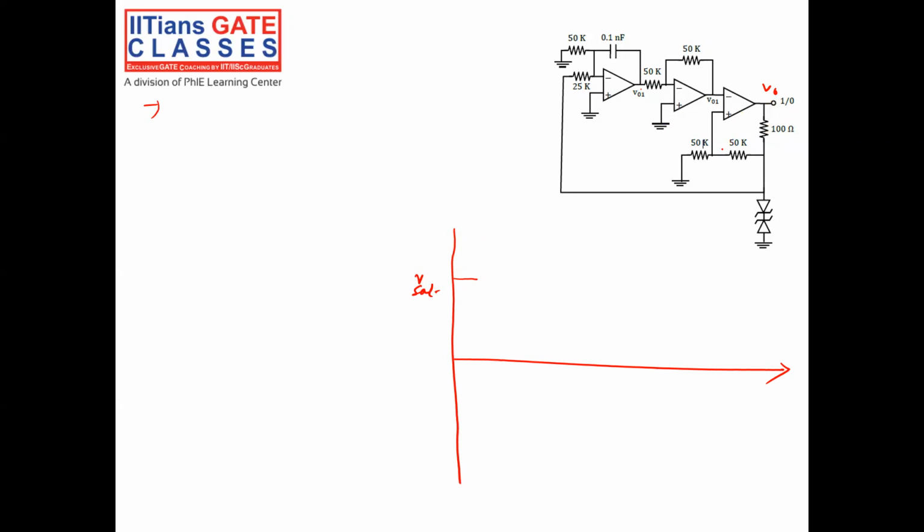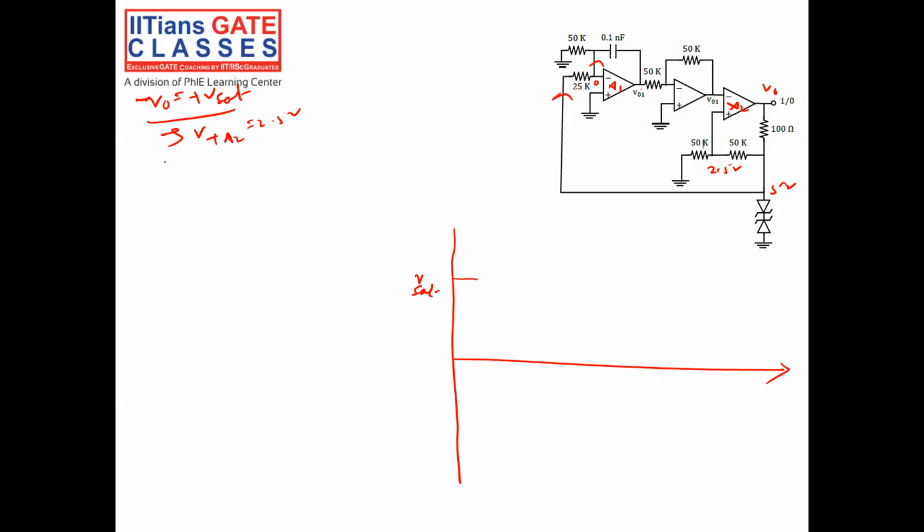Then what will happen to my V positive? Let us do it step by step. During the positive cycle, V0 is plus Vset. When V0 is plus Vset, what will happen to V positive and V negative? V positive of amplifier A2, this is A2, this is A1, will be 2.5 volt, right? This is 2.5 volt, this is 5 volt. So what is the current here? Since this is 0 here, because of virtual ground, this is 0.